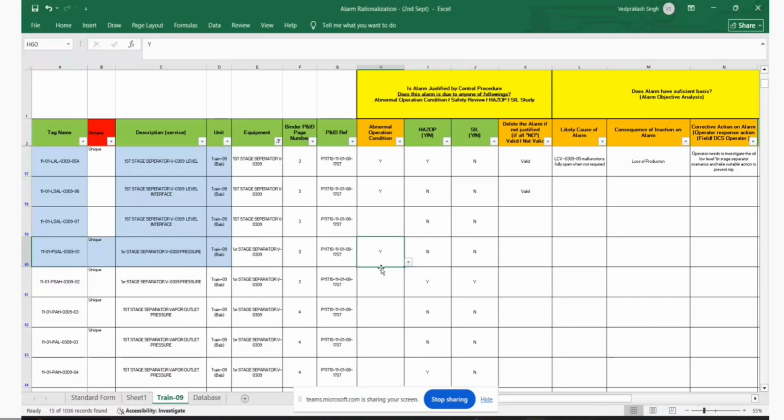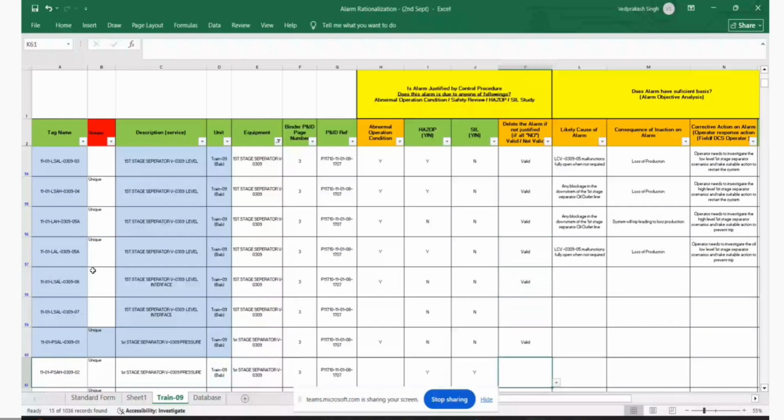Abnormal. Yes. And this is valid as per the definition. This is a typical, so it's not unique. This will go. So here,